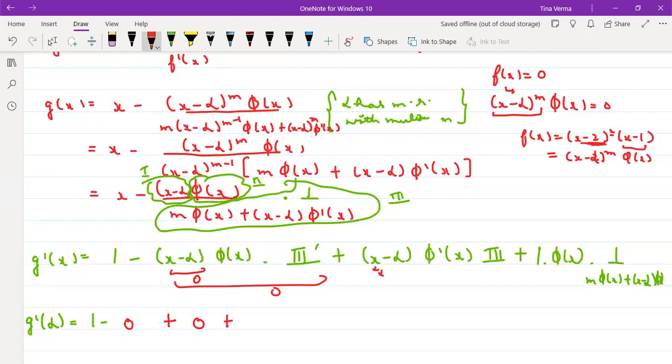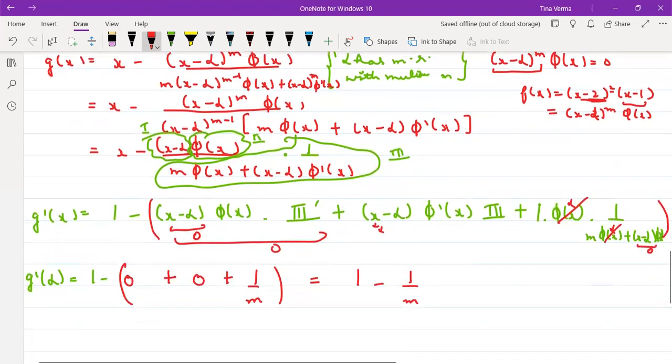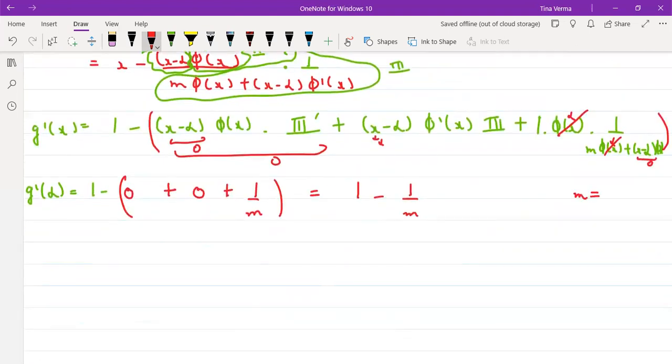So here if you put x is equal to alpha, this term will become 0. 0 into anything will be 0, and phi alpha will cancel out with the other. So I am left with 1 by m, with the bracket outside. So I am left with 1 minus 1 by m. Since m is not equal to 1, because we have multiplicity more than 1, this is not coming out to be 0. Therefore, the convergence is